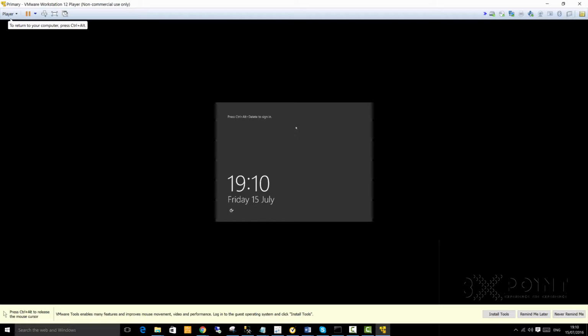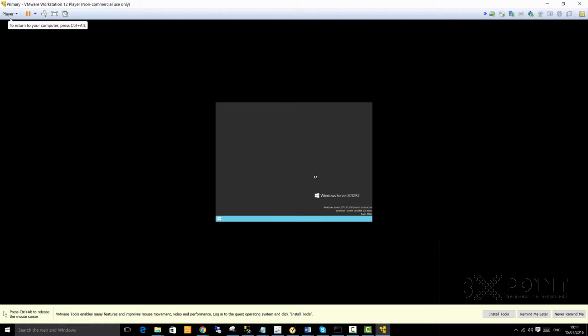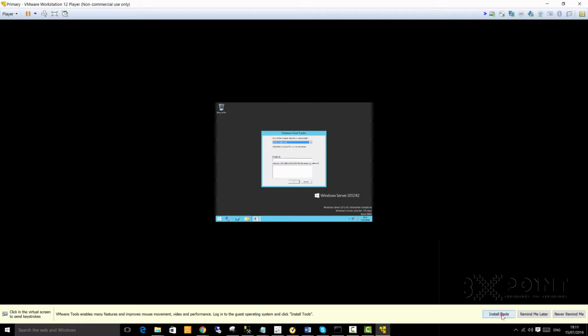So you remember this: Control Alt Insert, and it looks like some work has not actually been completed on this server. That's why we still have this. I'm not sure if we haven't installed tools on this one. So I'm just gonna click on install tool,